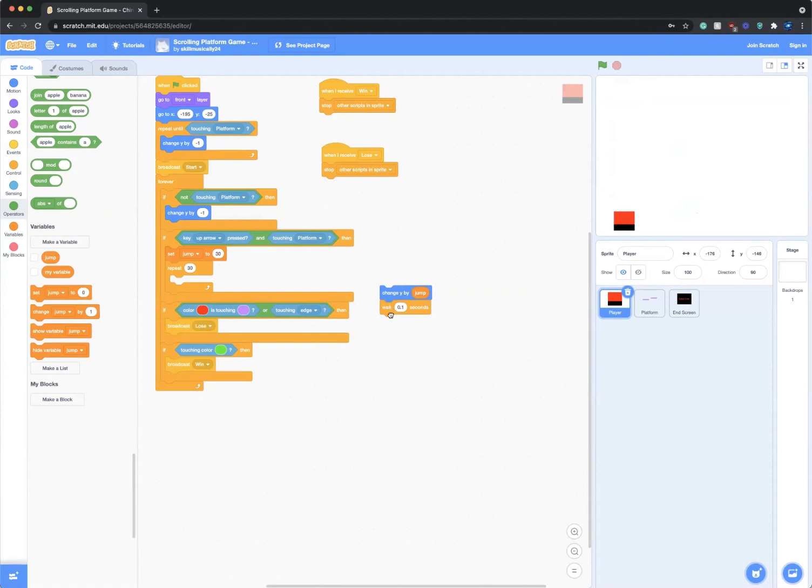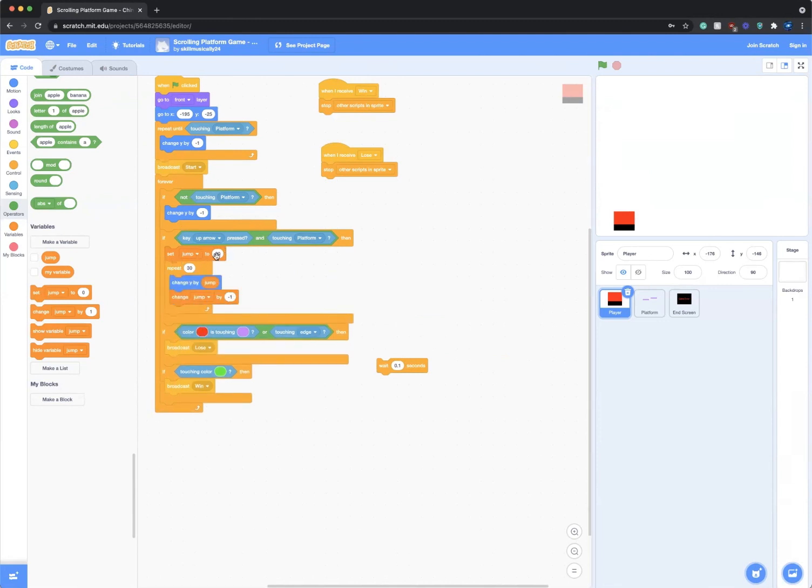So what we want here is, let's see, we want the variable, we lower the amount of distance that this block goes, right? So let's say we change jump by -1, right? Now this is where there's a little bit more math to it, but if you think about it this way, 30 minus 1 is 29, right? So change y by jump would mean after,